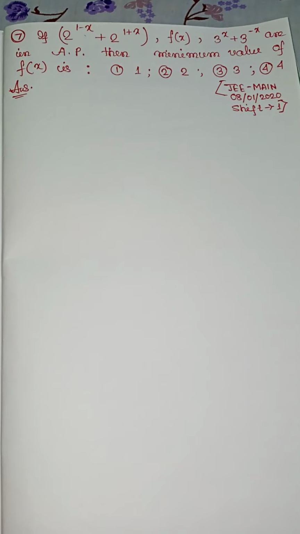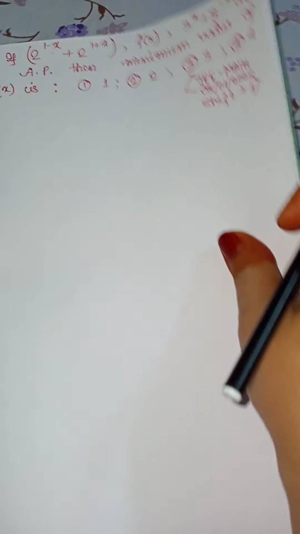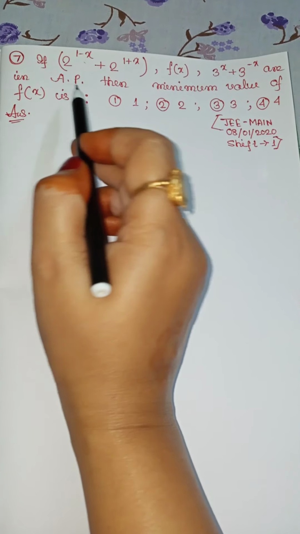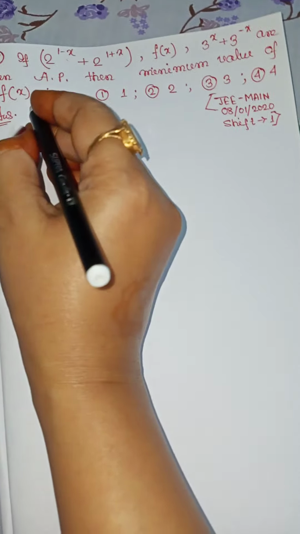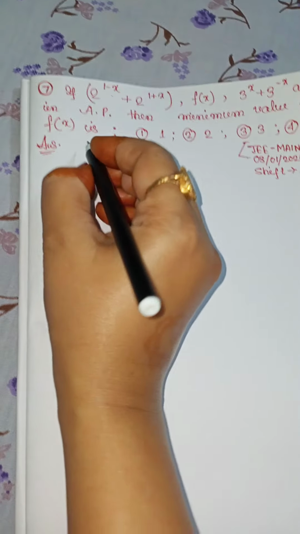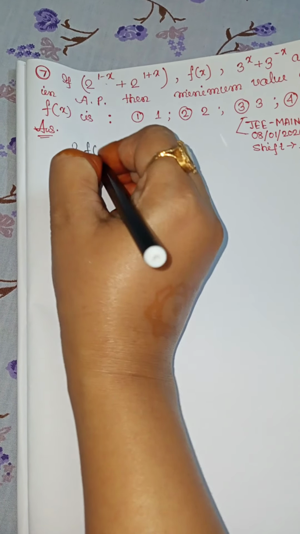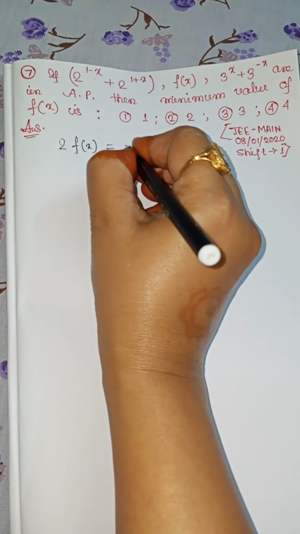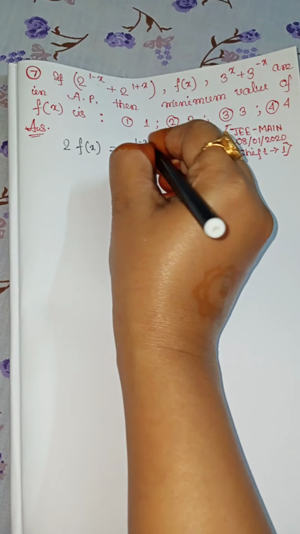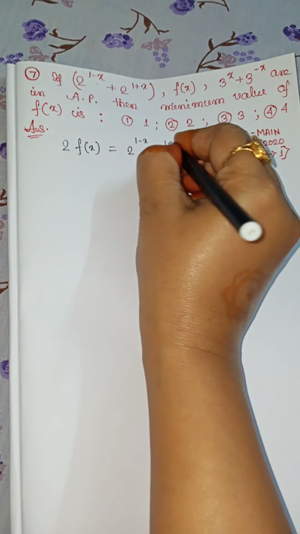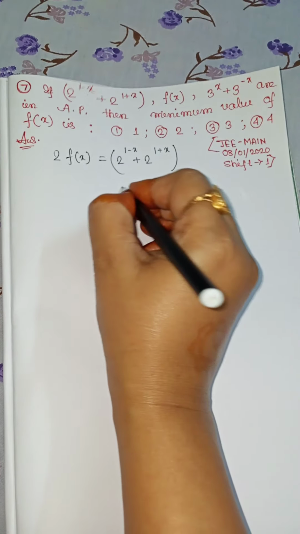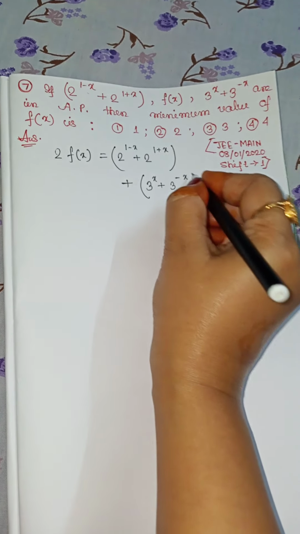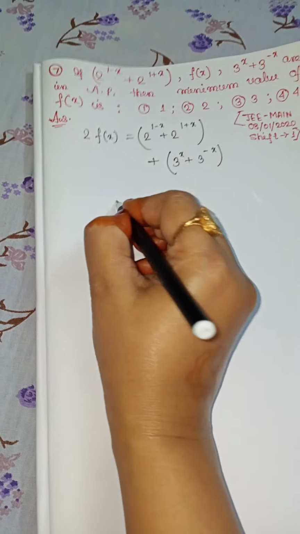This is a problem on AP. There are three numbers which are in AP. So, according to AP, we know 2 f(x) is equal to the sum of the other two numbers, that is 2^(1-x) + 2^(1+x) + 3^x + 3^(-x). So this is equal to,